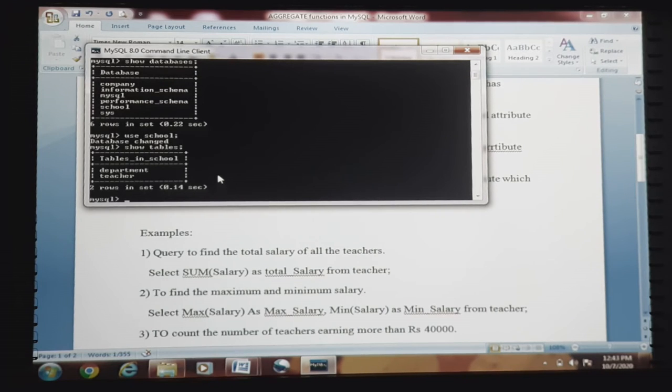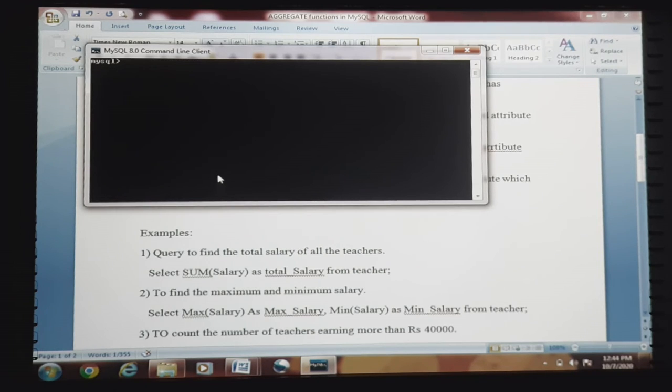See, two tables are there. We need to get inside the teacher. Since the task is to find the total salary of all the teachers, use school. Okay, we have already entered, no need to worry. System CLS. Now we will directly execute the query.